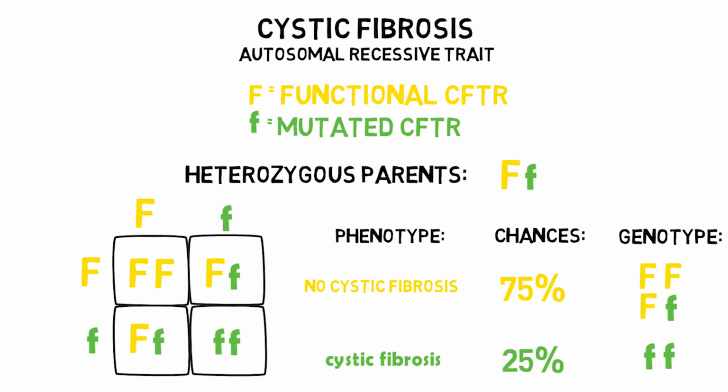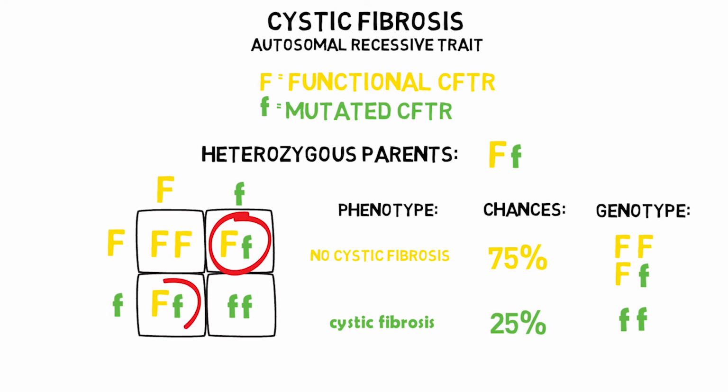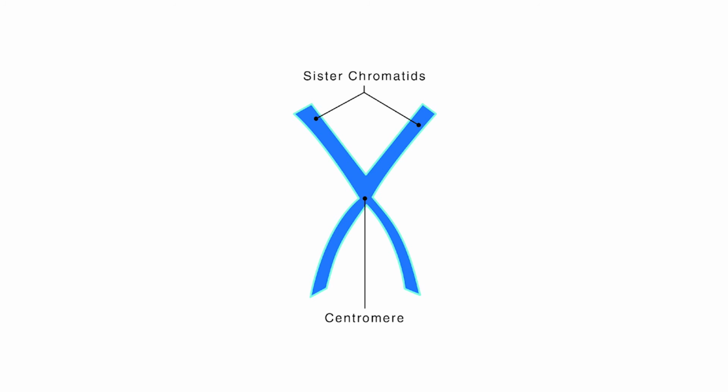It is also important to note that while the heterozygous individuals do not express cystic fibrosis, they are carriers of the allele. In this genetic cross, there is a 50% chance of producing offspring who are genetic carriers of the faulty allele. We've been describing how inherited allele combinations contribute to the genotype and phenotype of individuals, but we haven't